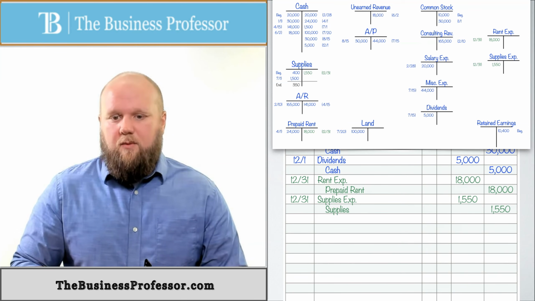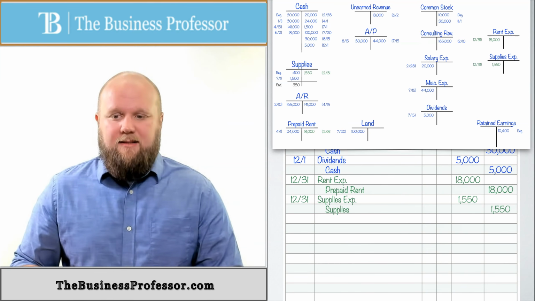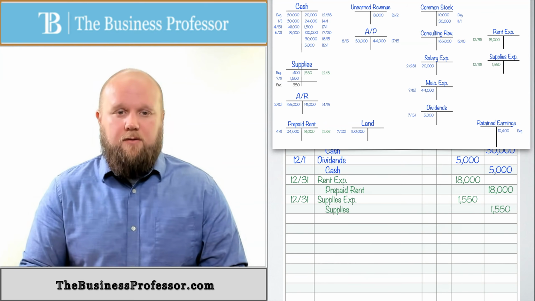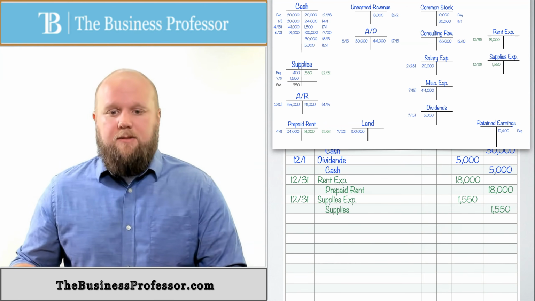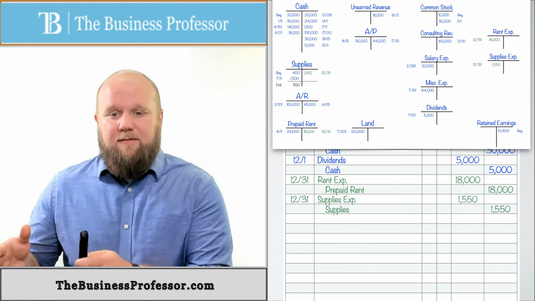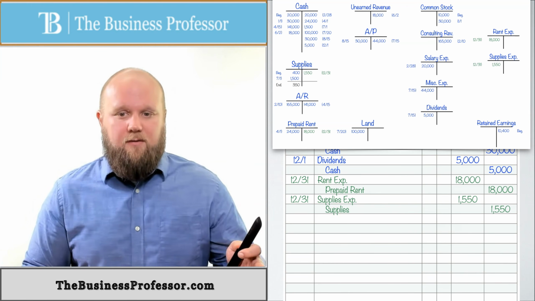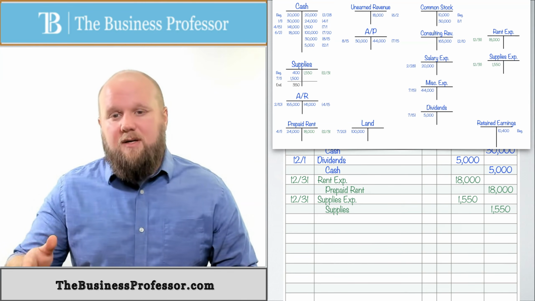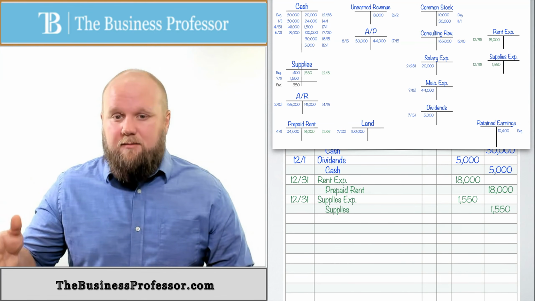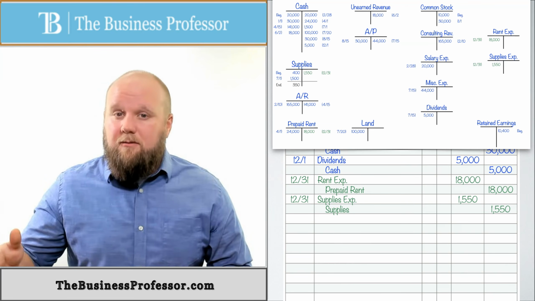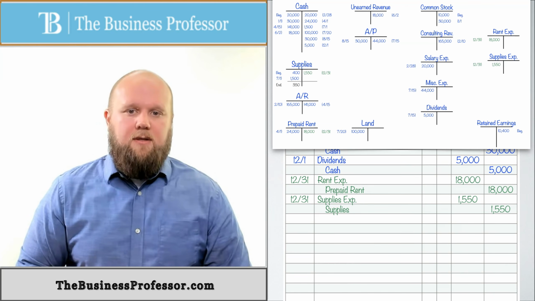So again, we're able to push these back because, yes, I did use the supplies over the course of the year, but remember the matching principle. The matching principle states that I have to make sure that I expense it in the period in which I used them. So it doesn't matter if I use them over the course of 7 months. As long as I have them expensed by December 31st of that year, they're still within that period. And so that's why we're able to do these adjustments.